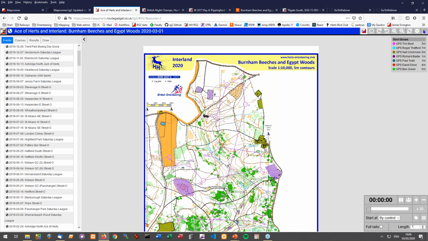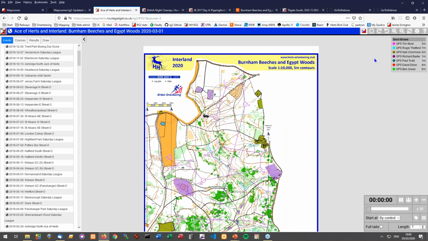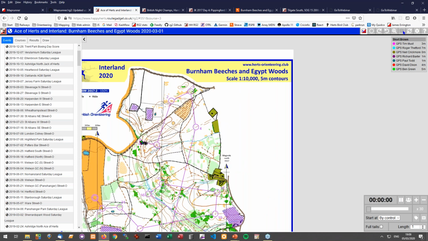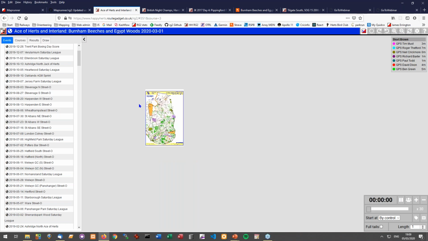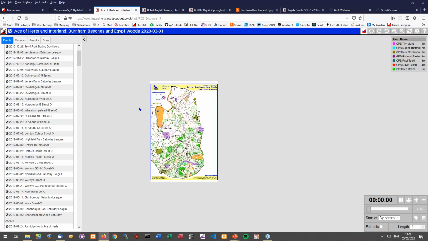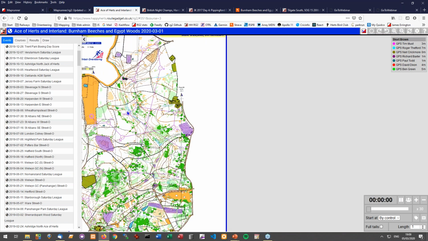Next in, there's a configuration button, a whole load of configuration items. We'll go through those later because that's one of the things I want to explain. A whole series of buttons here to do with the display. So people have worked out that to zoom in, you click the zoom in button. To zoom out, you click the zoom out button. I very seldom use those two buttons over there. I've got a mouse with a wheel in the middle, and the scroll wheel scrolls in and out, and it's much easier. And it'll scroll in and out around wherever your mouse is.